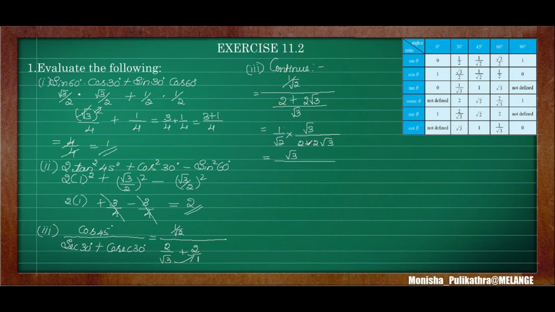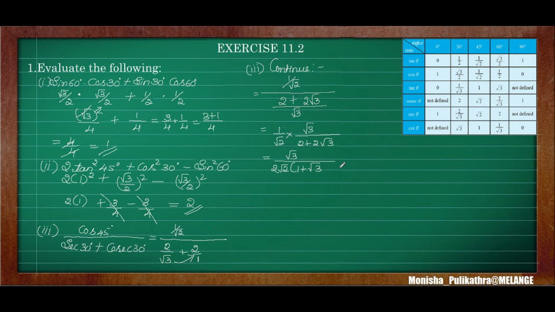So I will be taking this 2 common here. Okay. If I take 2 common, the remaining root 2 will remain as it is. In this term I will be taking 2 common. If I take 2 common, the remaining will be 1 plus root 3. Okay. So next what you have to do, either you can stop this problem here itself, or else